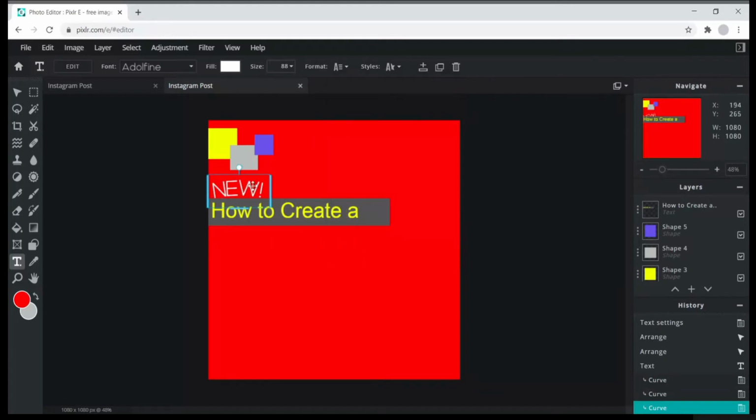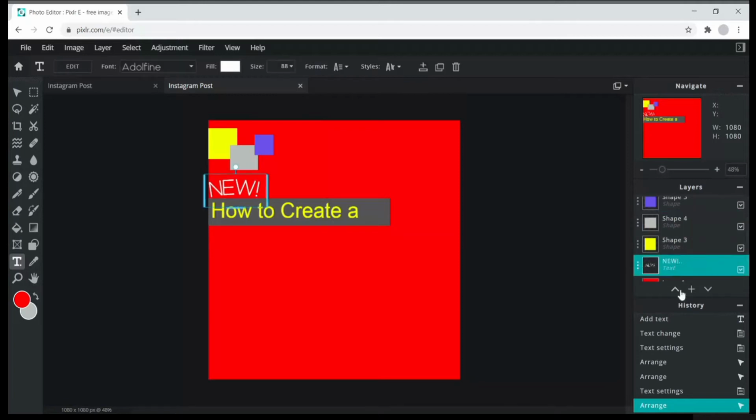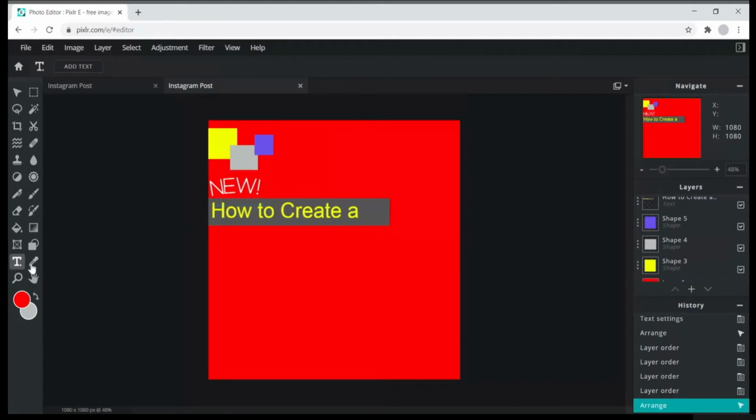And just pan left or right to position "new" so it stands out. Remember, layers on your far right, you drag up and down to move to the front or back, depending upon where you would like to place your image or text. Please take your time to position the word. In this case, I'm moving it in front of the block so it would stand out if it touched the